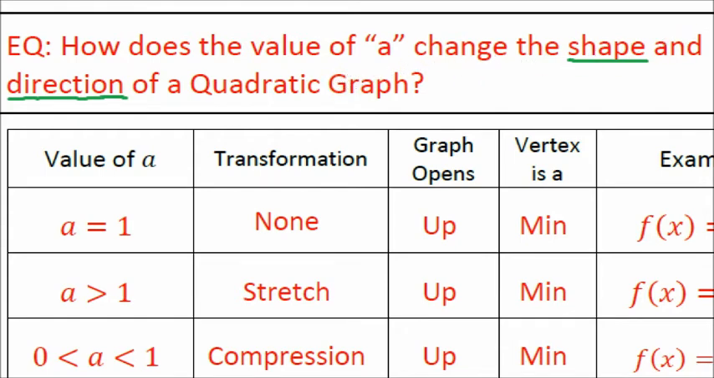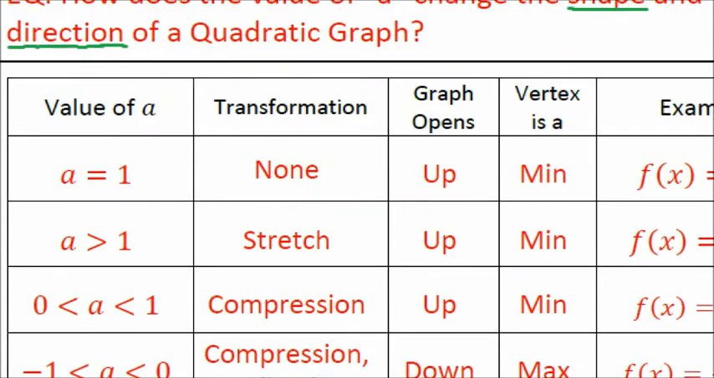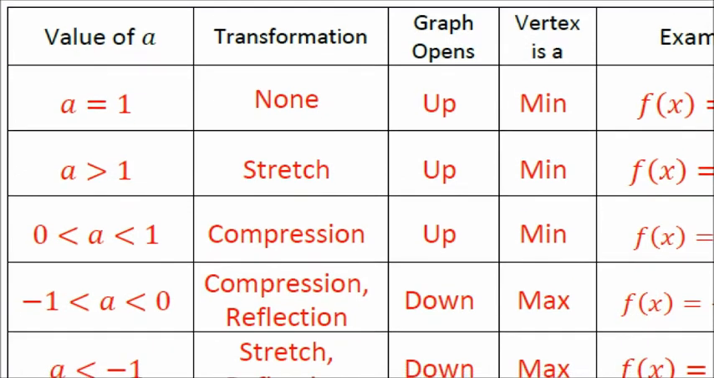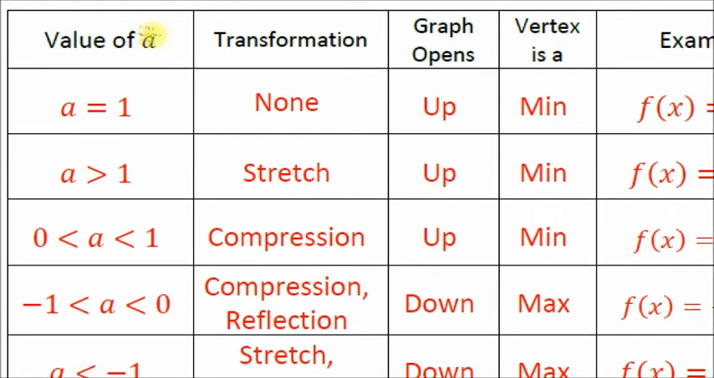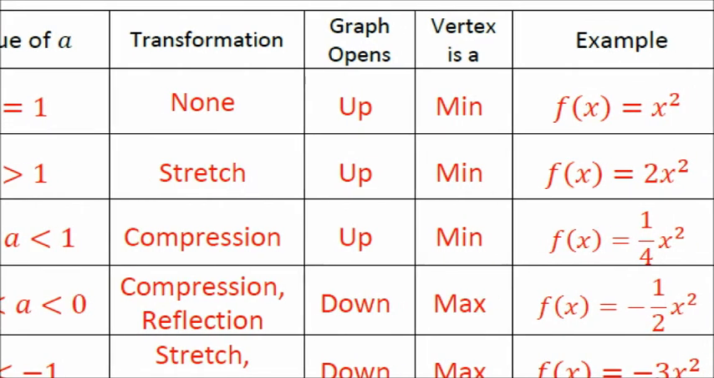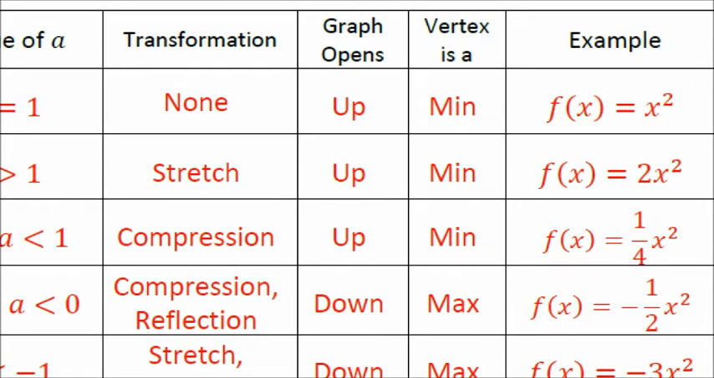Now I'm going to go ahead and scroll through here. Let's talk about this table. You can see that this table has 4 different values of A. What is the transformation that's happening to the graph? Which way does the graph open? Is the vertex a maximum? Is it on top of the graph, or is it a minimum? Is it the bottom point on the graph? And then the last column here will show you examples of a quadratic that has this particular